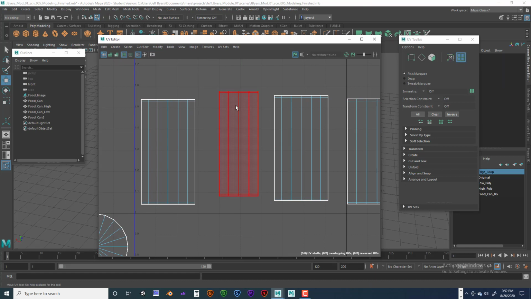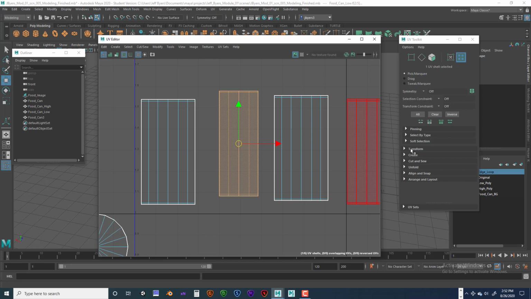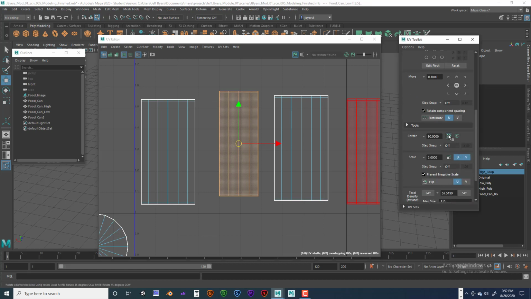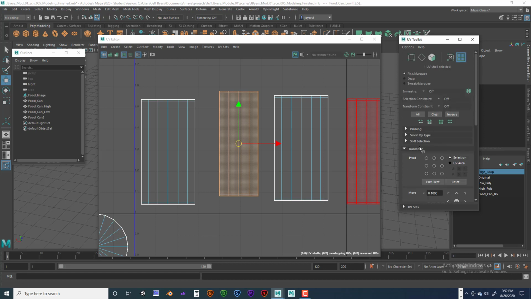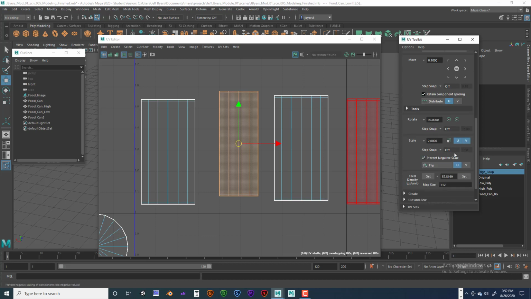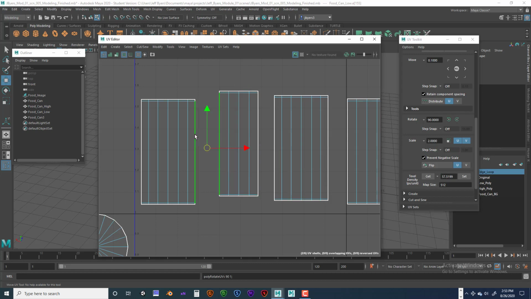Okay, and if I click the UV shell, I can rotate it under transform. I can rotate it this way under tools. So transform, think about move, scale, rotate, and then scroll down, and you can see that we've got these little icons that allow you to rotate. So I'm going to rotate it this way and this way twice. Now I'm going to go back in here, go to edge mode, click on the edge again, and look at that,